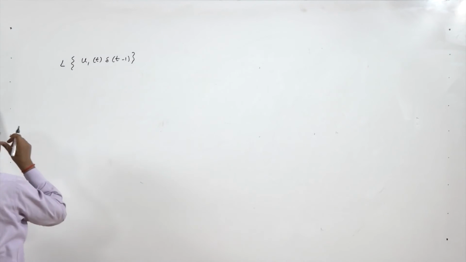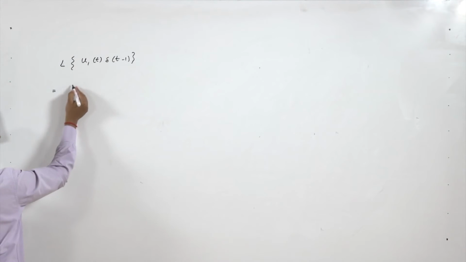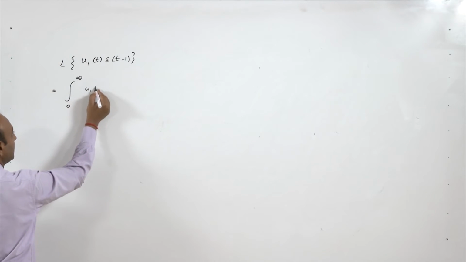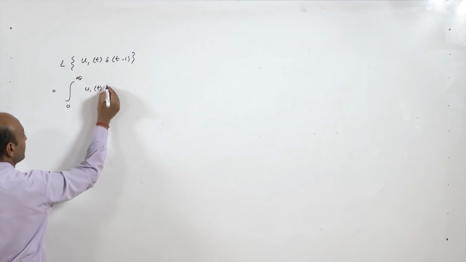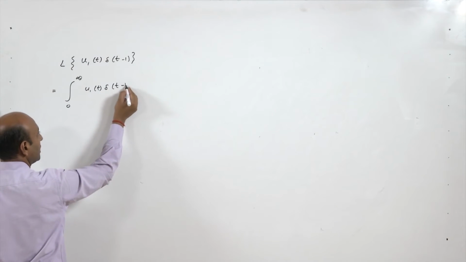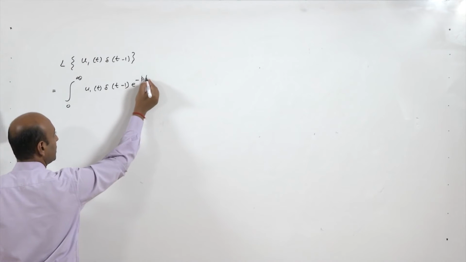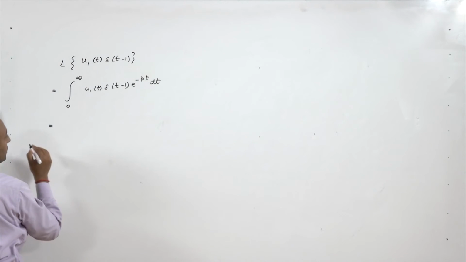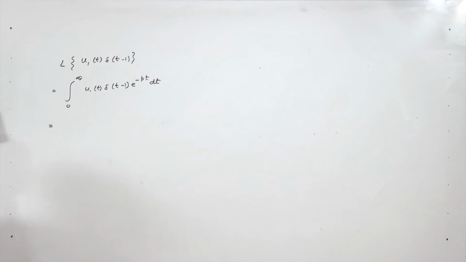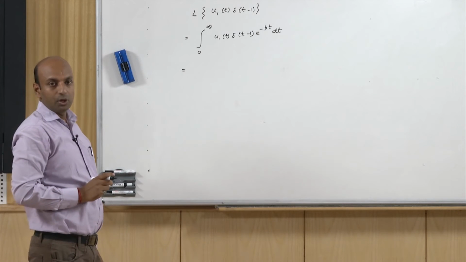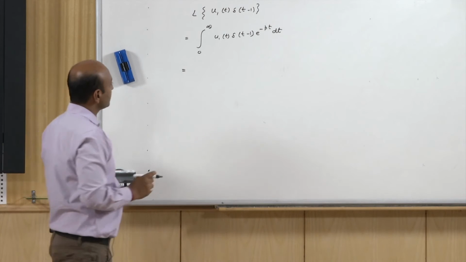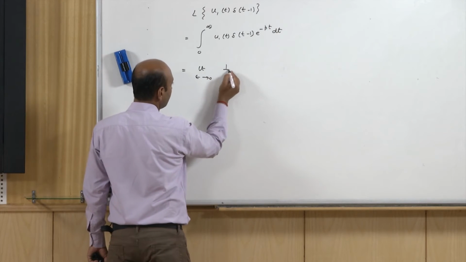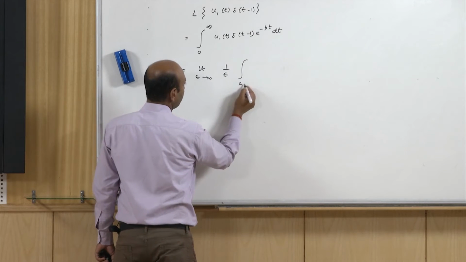So, this is nothing but integral 0 to infinity u1(t), that is f(t), the entire expression, into e to the power minus pt dt, which is further equal to, first apply the definition of Dirac delta function. By the definition, it is nothing but limit epsilon tends to 0 of 1 by epsilon integral a to a plus epsilon